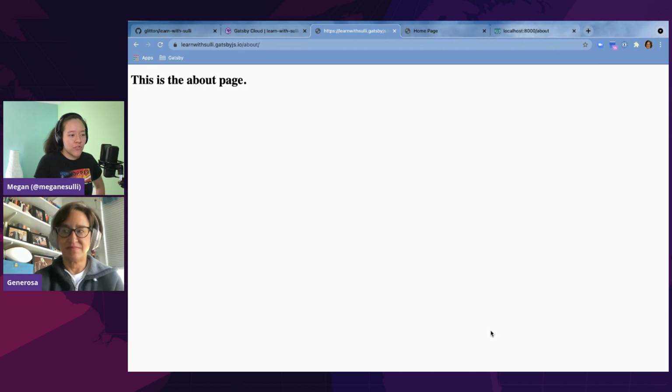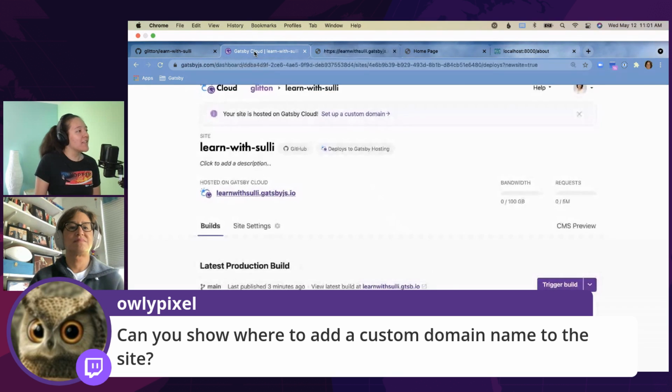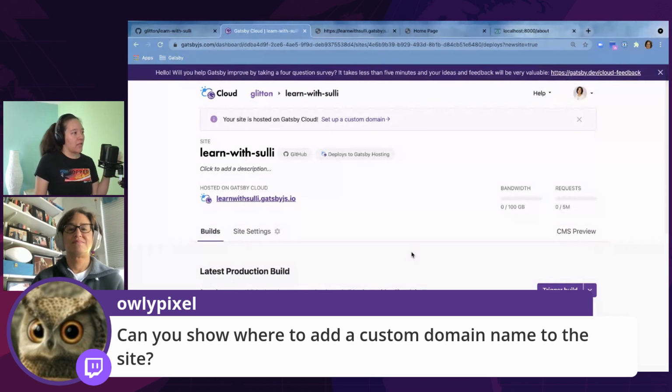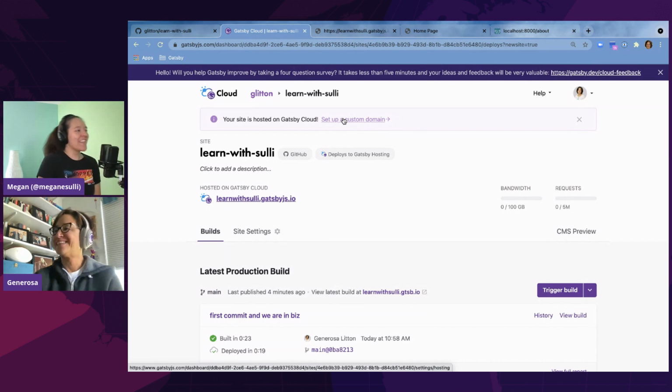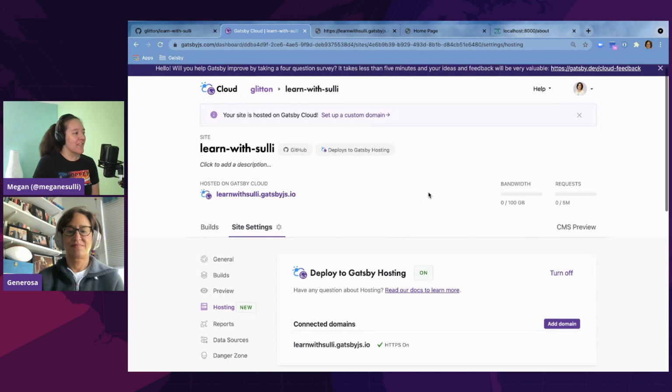Can you show where to add a custom domain name to the site? Yeah, we can. I think I know where it is, so we'll go poke around. So this will be in Gatsby Cloud. If you wanted to have a custom domain name, like I don't want learnwithsully.gatsbyjs.io, I want learnwithsully.com. I think if you go into site settings, or here, it's right there. They knew you would want to do that. So you'll have this little pop-up that shows up.